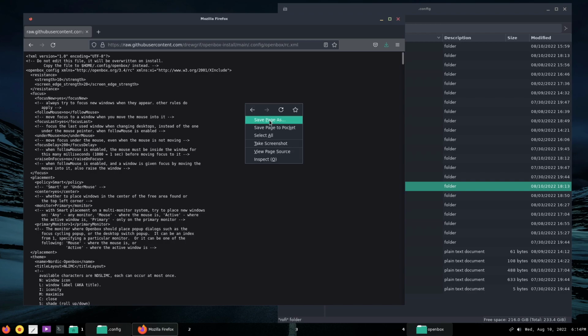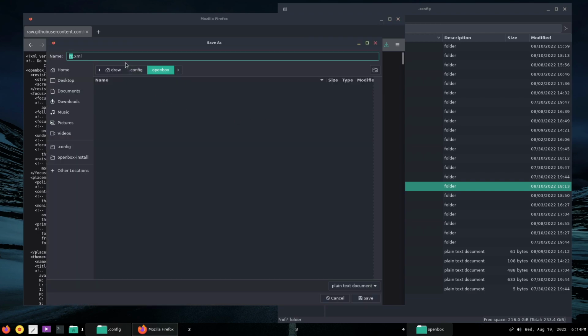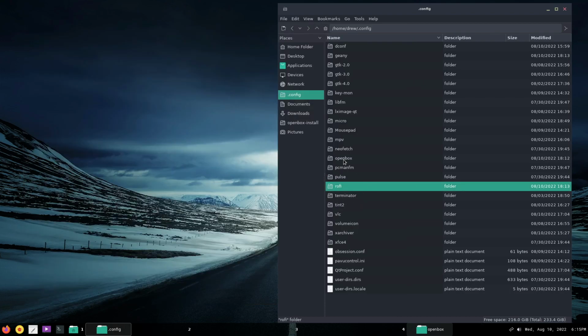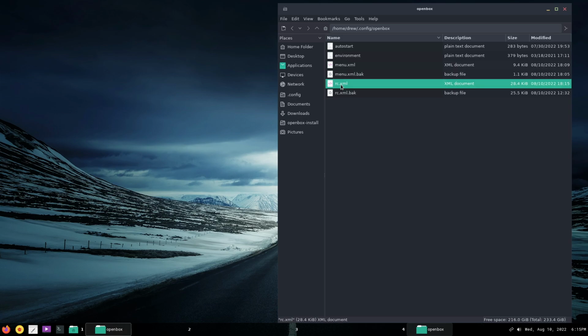And now I want to save this page as, and notice that it is in the drew.config Openbox directory, all right? And we're just going to save it as this rc.xml. All right, let's go ahead and close this. And so when I go over here to Openbox, there's that new